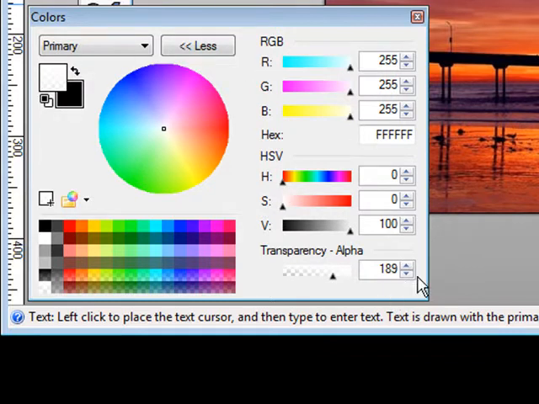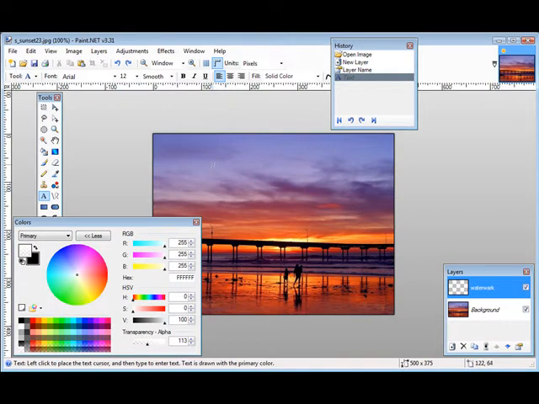Now all you have to do is set your transparency level, and you can do this right here. And we can make it more transparent by moving it down this way. Okay, so let's click over here, and then let's put our text in here that we want on here. Okay, so there's an example of watermark, and then you can just move it around by grabbing this thing and